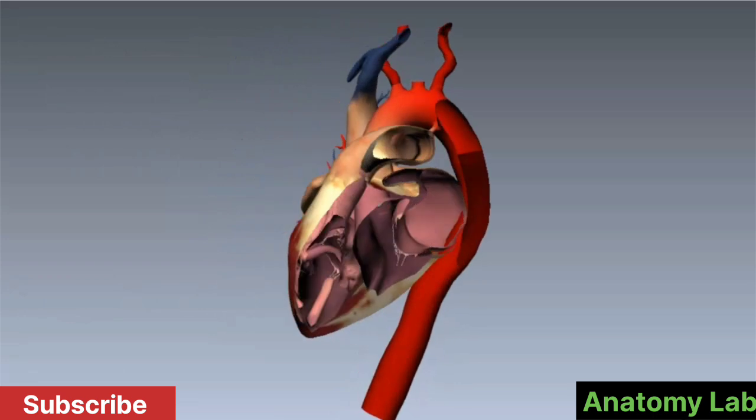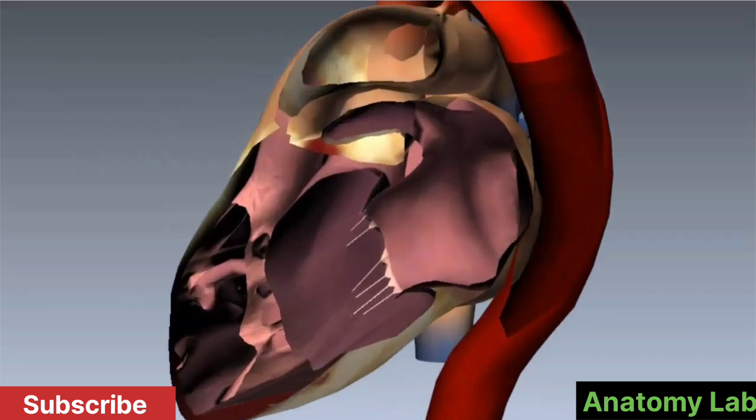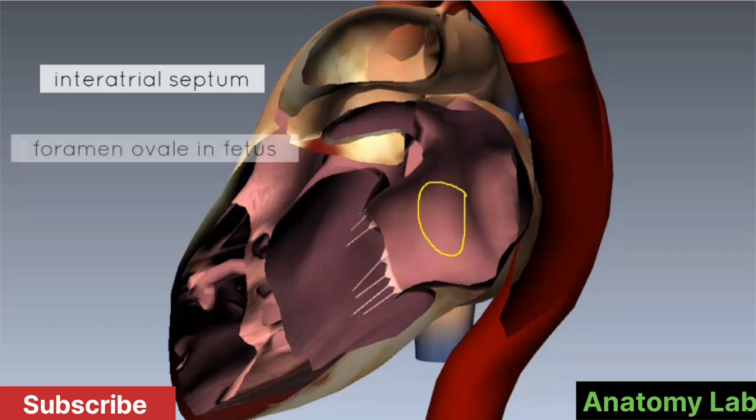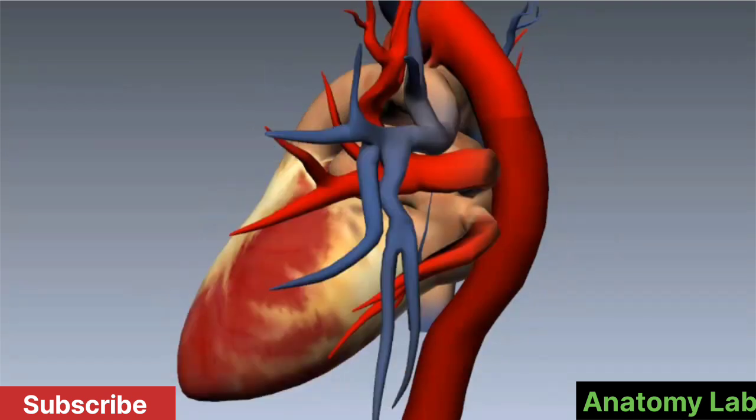So I've just sliced the heart in half, and we'll take a look at the wall of the atrium. The wall dividing the right from the left atrium is known as the interatrial septum. And remember I showed you the oval depression in the right atrium. You've also got this oval depression on the left side, because remember it's a remnant of the foramen ovale, which is a hole in the interatrial septum which allows blood to flow from the right to the left side of the heart, bypassing the lungs, which are not functional at birth. So those are a few things to know about the left